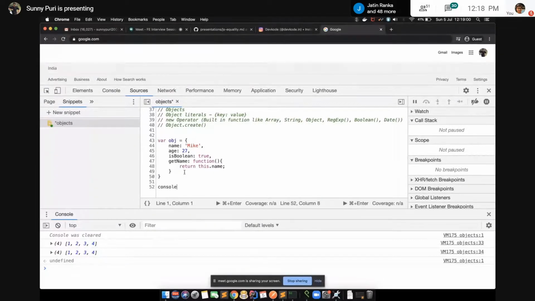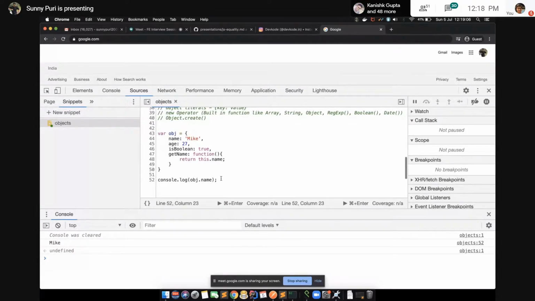Let's console one by one. If I do obj.name, it will print my name. If I console obj.getName, if you have attended this class, you know this points to whoever is calling this function. Right now obj is calling the getName function, so this.name is obj.name.